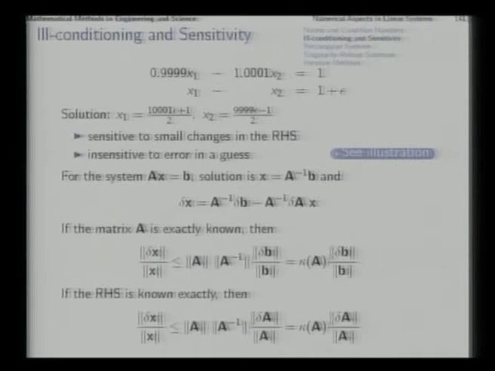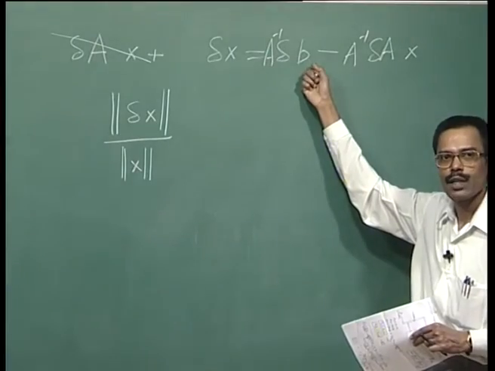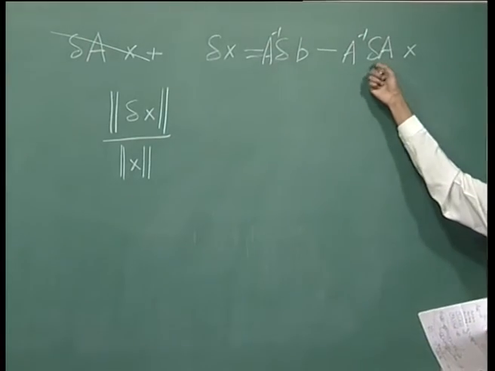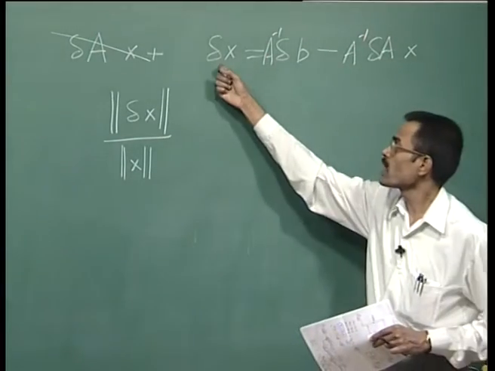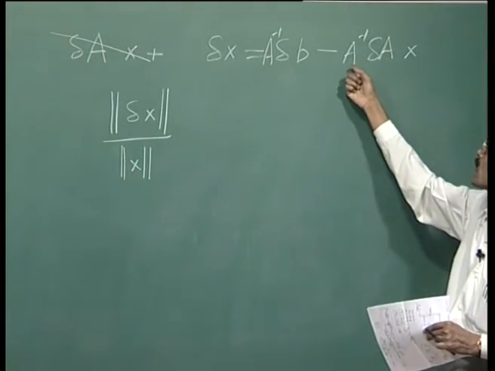This is the result of ill conditioning, what we saw in the illustration. In the second situation, if right hand side B is known exactly and delta B is 0 and delta A is something, then when we try to do a parallel operation, we reach the same conclusion. In this case, we are taking delta B as 0, right hand side is exactly known, this may be something. So, the norm of delta x will be less than equal to norm of this into norm of this vector,